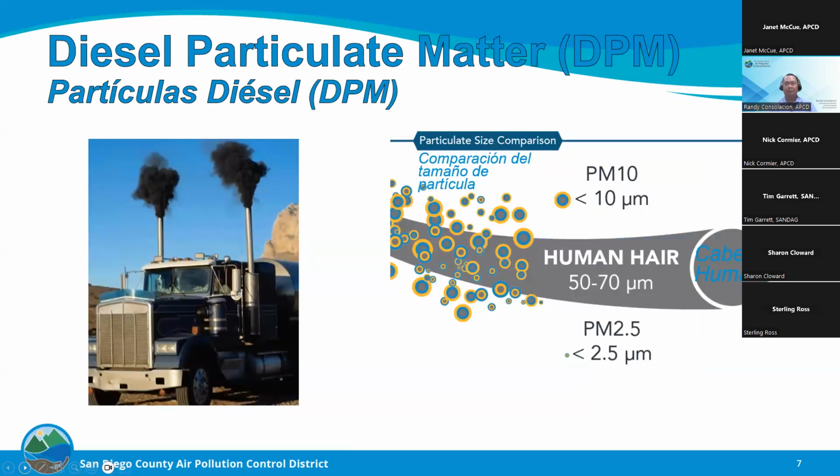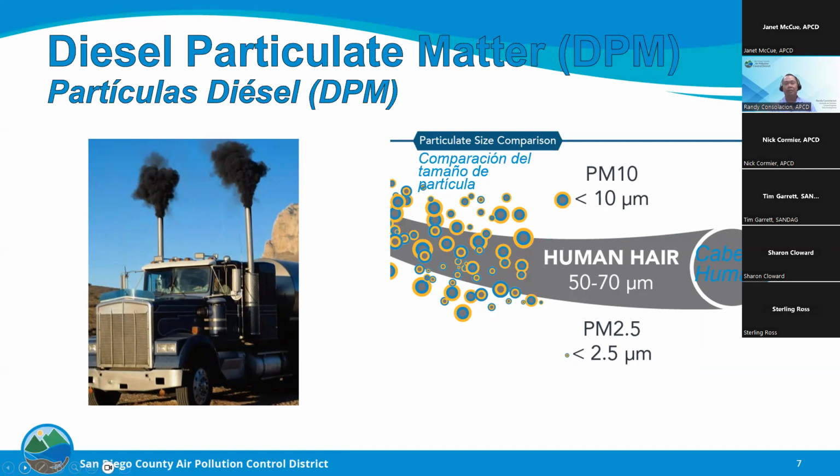Particulate matter, PM, is a complex mixture of solids and liquids that are 10 microns or less, PM10, or 2.5 microns or less in diameter, PM2.5. This means PM2.5 makes up a portion of PM10. PM gets into the lungs and can induce adverse health effects. Finer particulates travel deeper into your lungs and respiratory system.